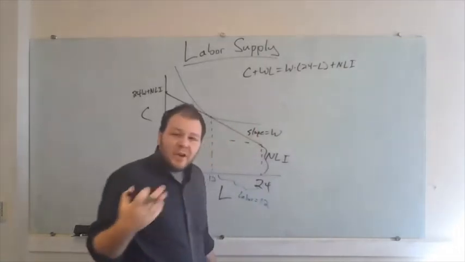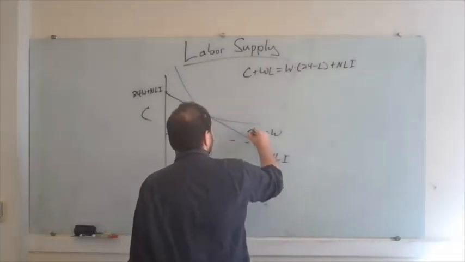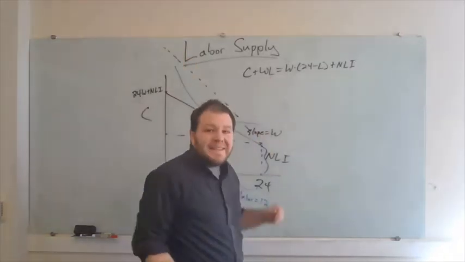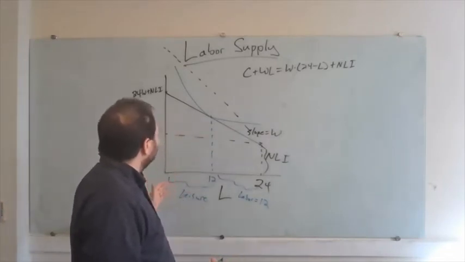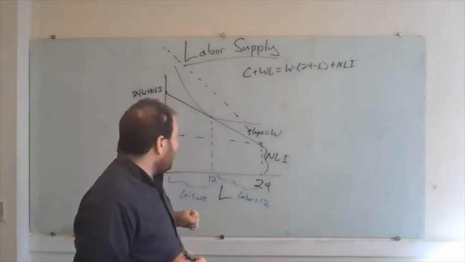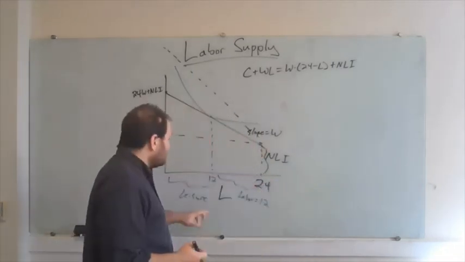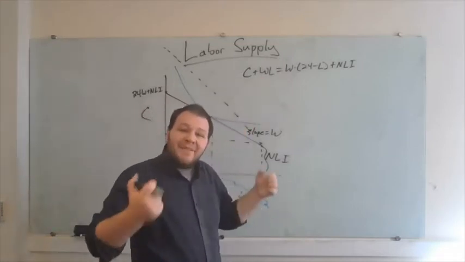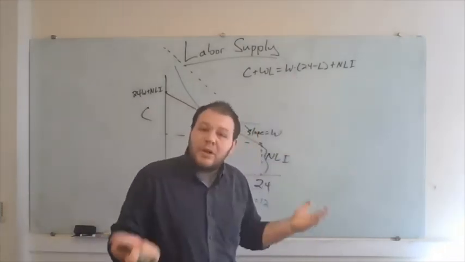right? And as a consequence, when our wage increases, leisure gets more expensive and we get richer. So we have this concept where an increase in the wage is going to have a substitution effect that pushes us to take less leisure, because now leisure is more expensive. The cost of leisure went up. But it's going to have an income effect that, when leisure is a normal good, is going to push us to take more leisure,